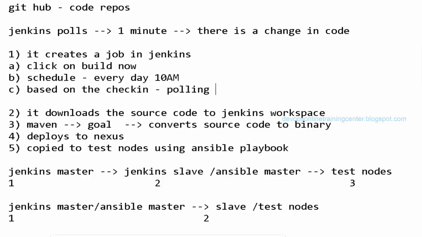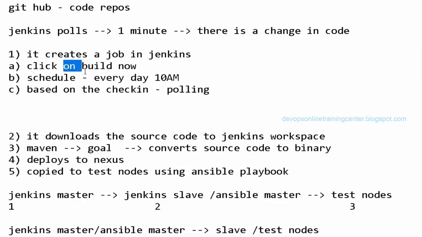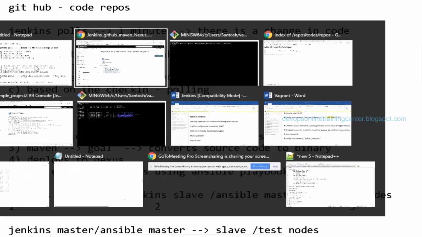Generally in continuous integration, we follow the third one, which is polling, right? If you want to build it manually, we click on build now, right?